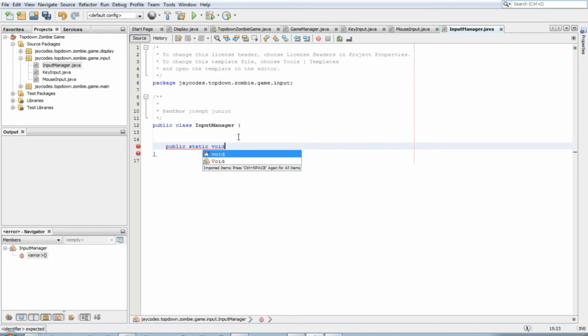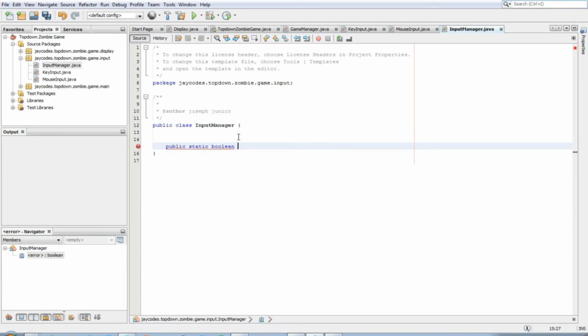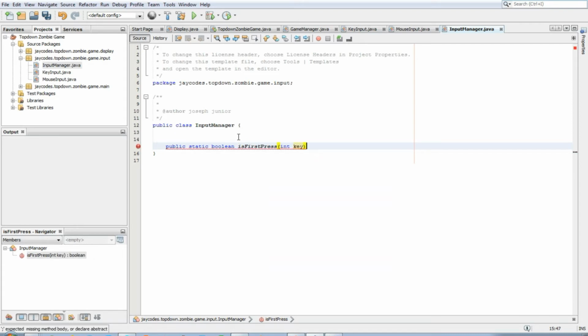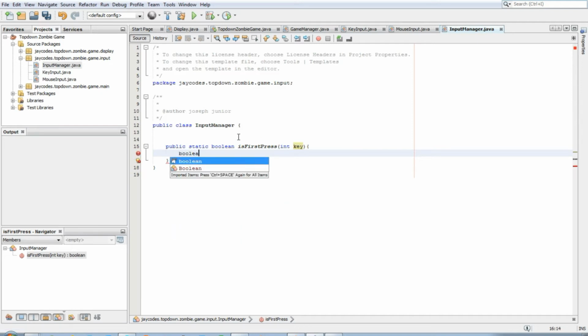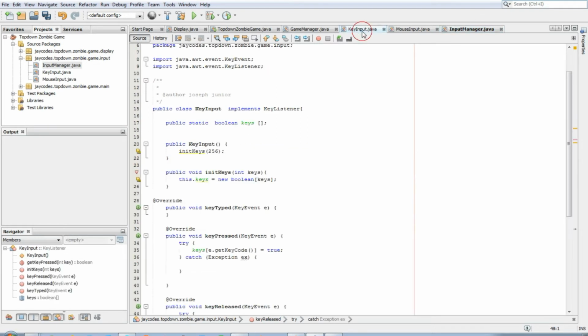No, it's going to return a boolean, isFirstPress, and we're going to take in a key parameter, and we're just going to create a simple boolean value equal to false, and we're going to return false. Now for this, I need to go back to the key input class